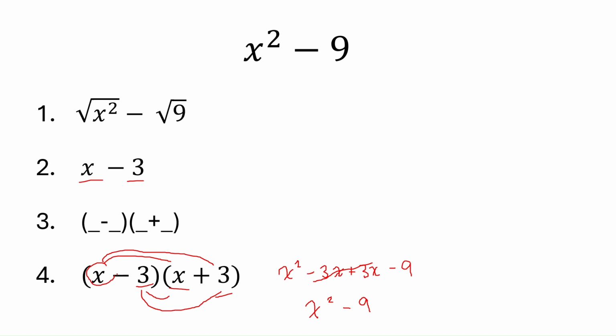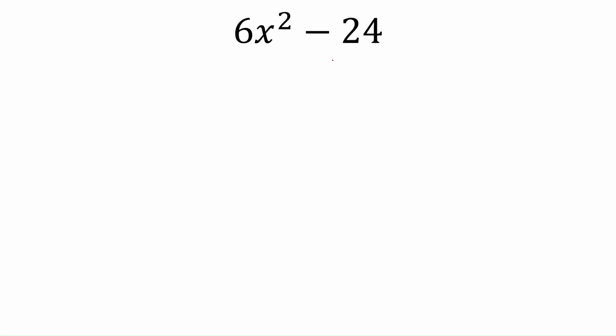Now we're going to move on to a more, I would say, advanced or higher level. Well, by now, we should be able to do it, especially in grade 9. So we have 6x squared minus 24. So I see it does follow the first rule, where there has to be a minus sign. But I don't see the second rule present, because this isn't a perfect square and this is not a perfect square. But I do see there is still an